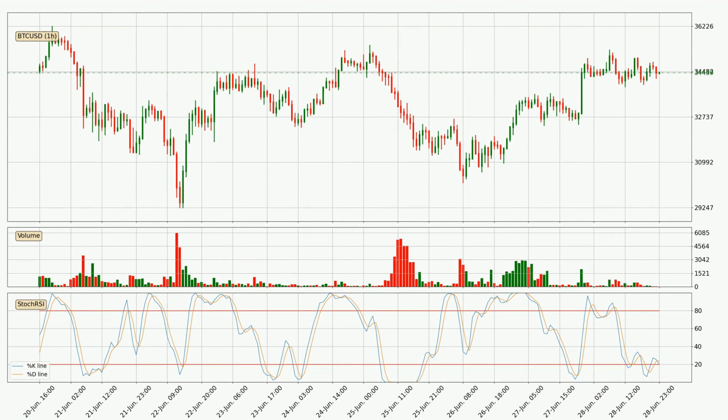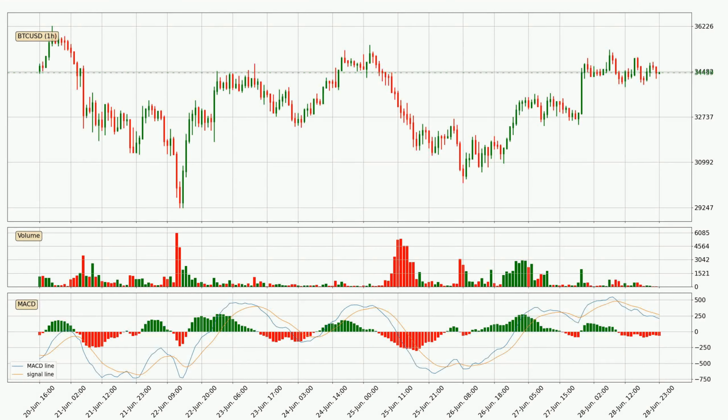Looking at the hourly stochastic RSI, there are no signs of the stochastic RSI being oversold or overbought at this time, but we can see that the trend is currently going down because the K line is below the D line. Looking at the hourly MACD, the MACD line is below the signal line, which shows that the current trend